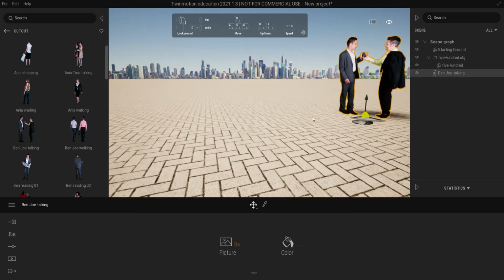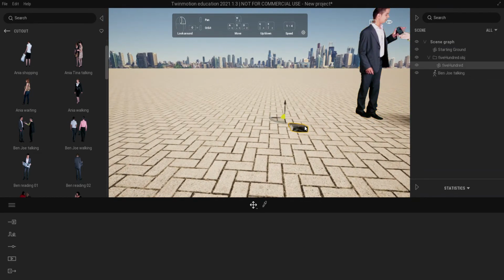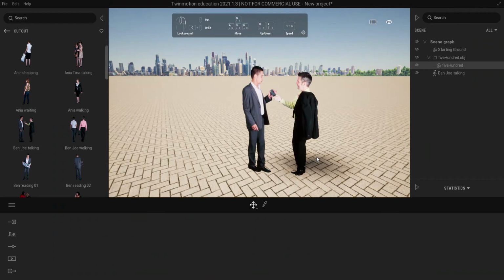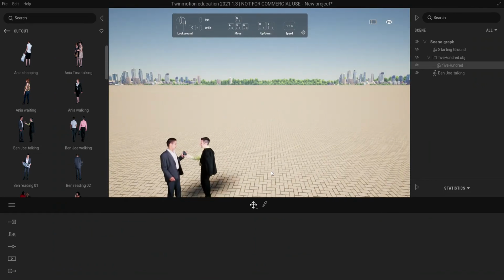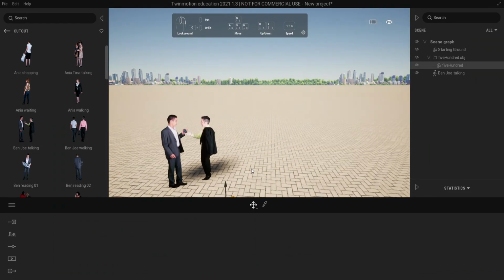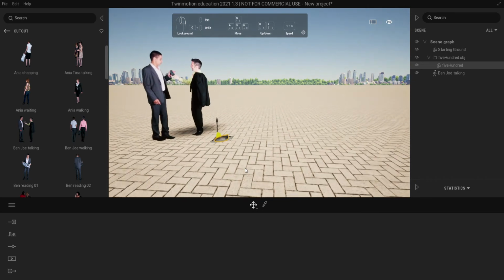Let's see, that's pretty close. I think I can probably get it closer than that, though. Let's move it over just a little bit more. There we go. Okay, that's good enough. So the problem with this model is that it's the wrong scale. So if I move down here a little bit,